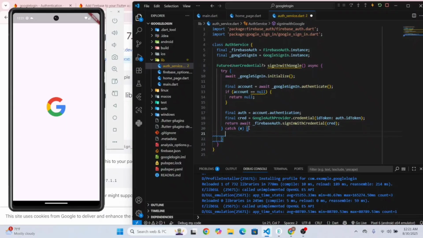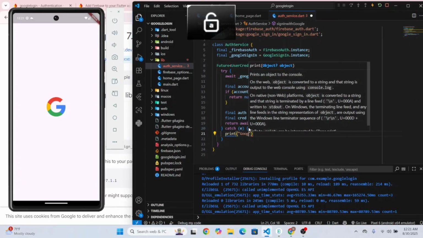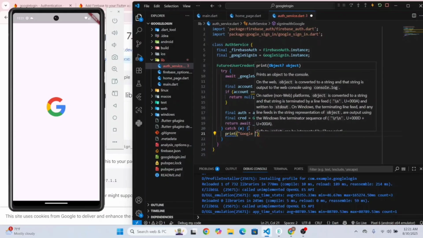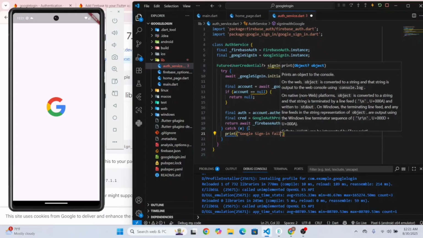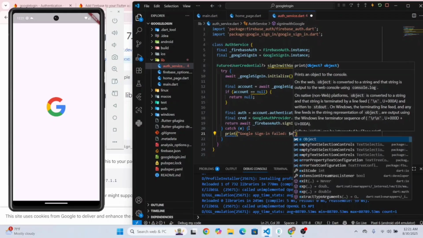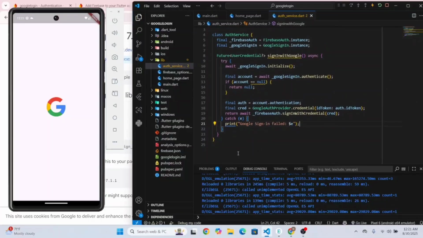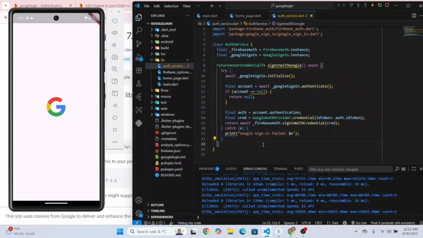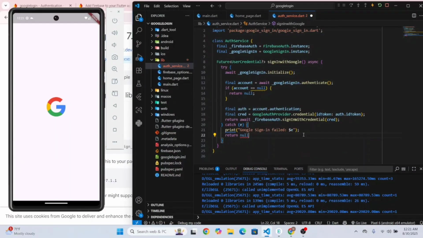Now, let's print the error right here. Google sign in failed. Let's show the error in a string. Okay, perfect. Now, here, let's return now. Okay, now